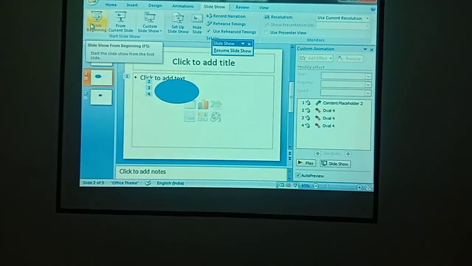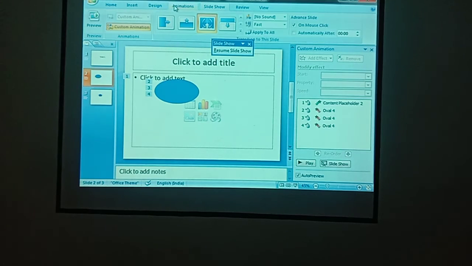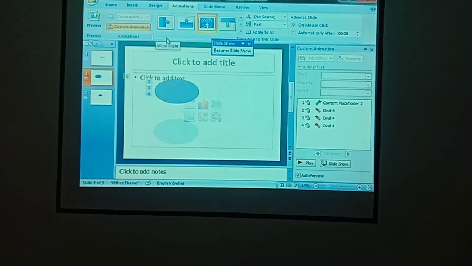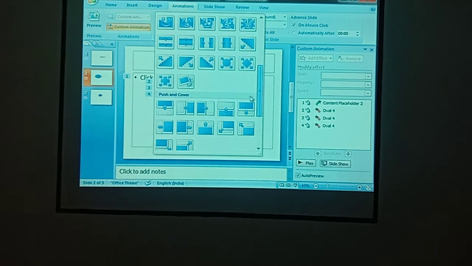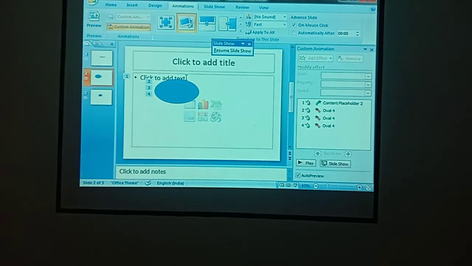Okay. So the steps to add a transition to a slide: first, click on the animation tab. There will be n number of transition effects available in the transition to this slide group. So you can choose any effect and apply it to your particular slide.